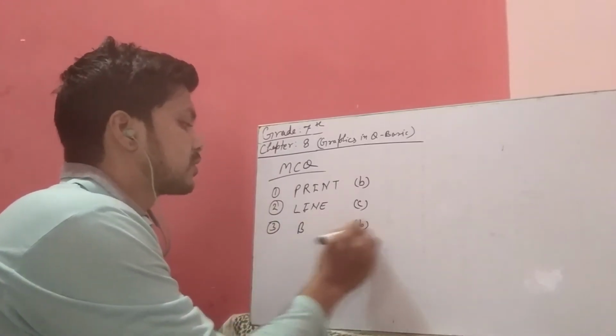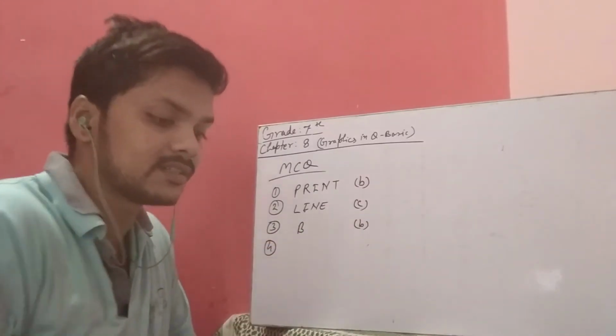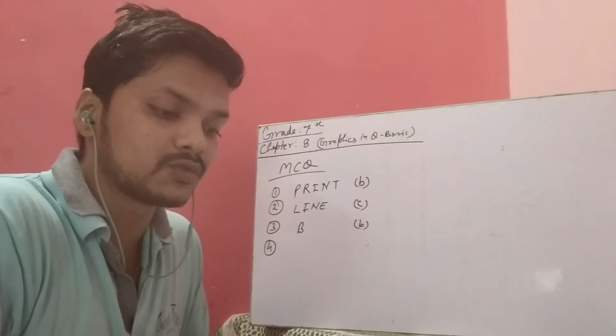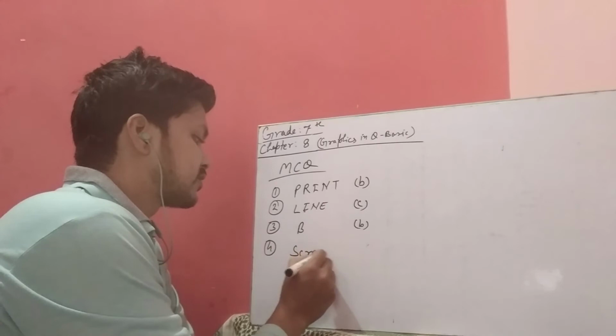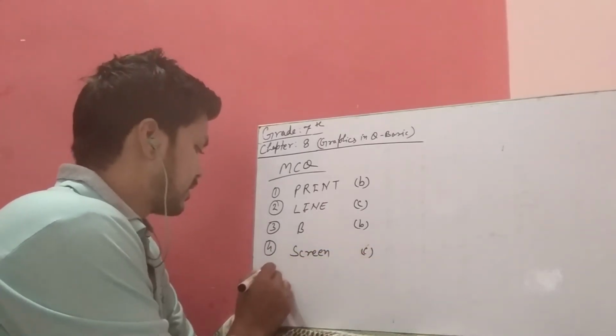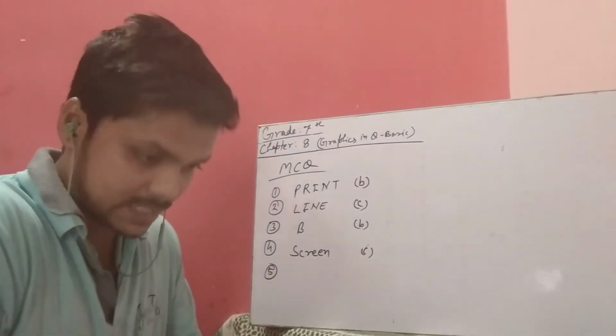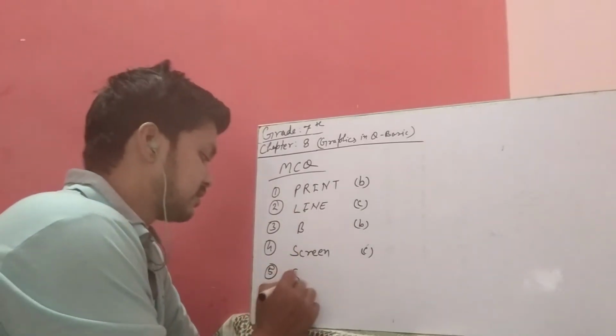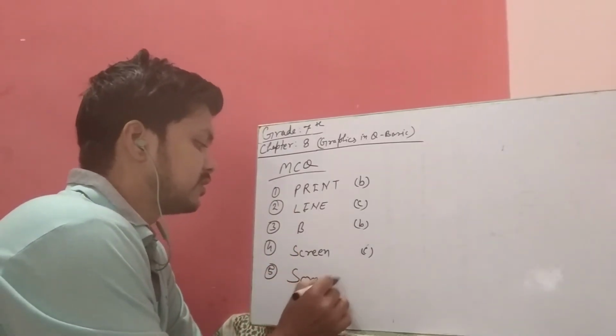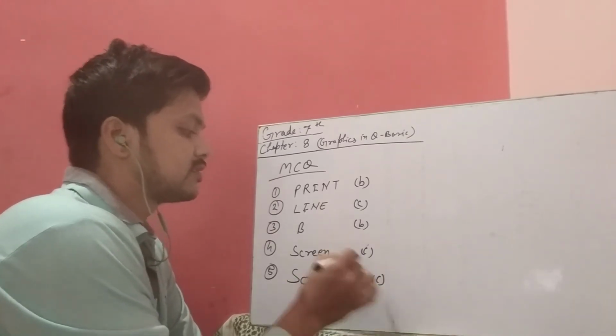This is option B. Now the fourth is here: which statement is used to set the screen resolution? So the SCREEN statement, right here SCREEN, that is option C. And now the fifth MCQ is here: in which mode can no graphics be created? That is SCREEN 0 mode, and it's again option C.